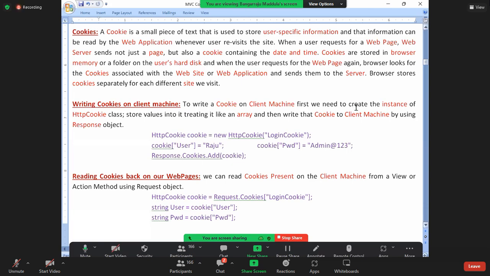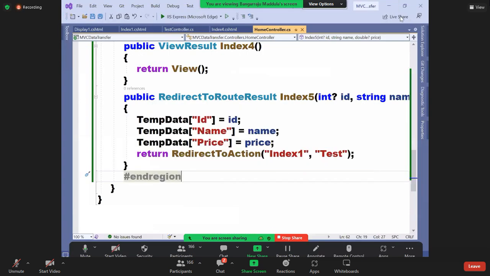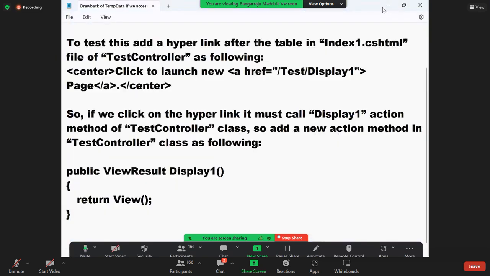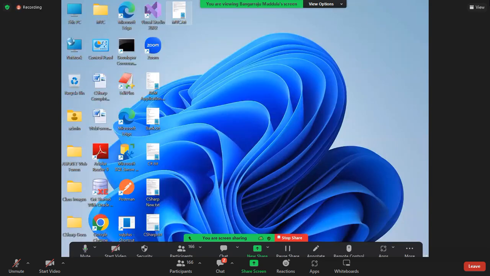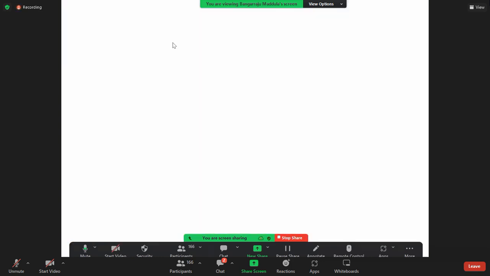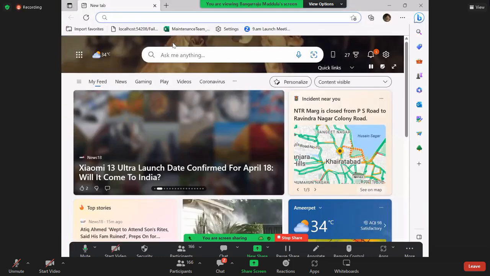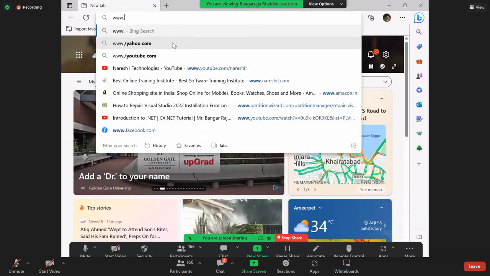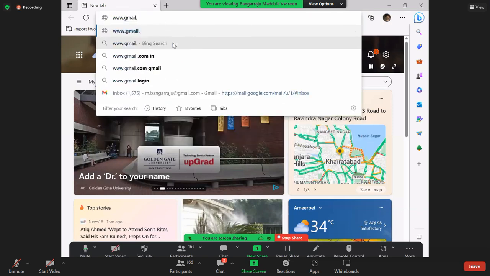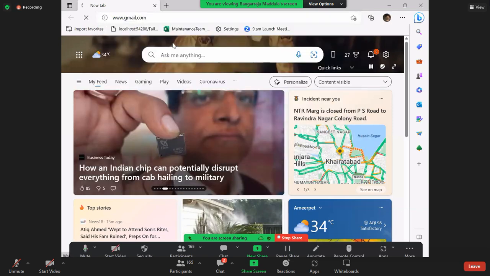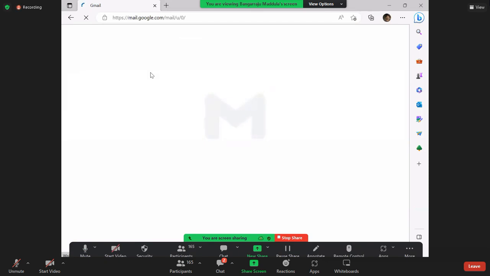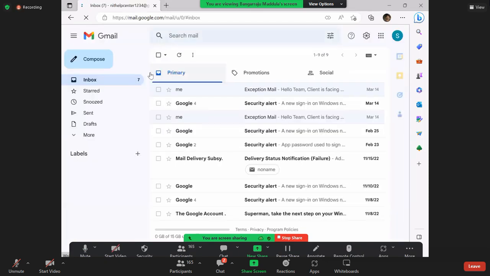For example, on this computer, when I try to log into my Gmail, it directly opened my inbox.